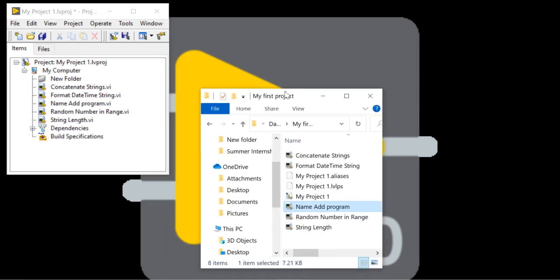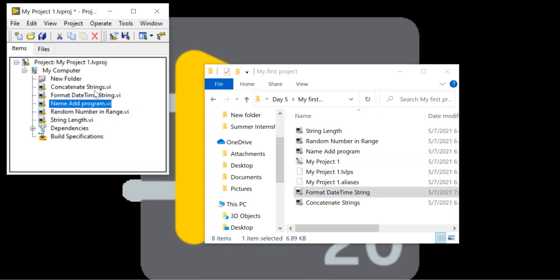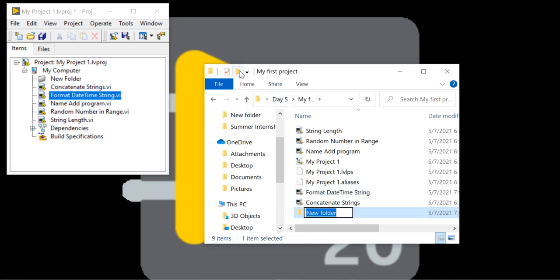Here in my computer, I am going to create one more folder, and the folder name will be string program.